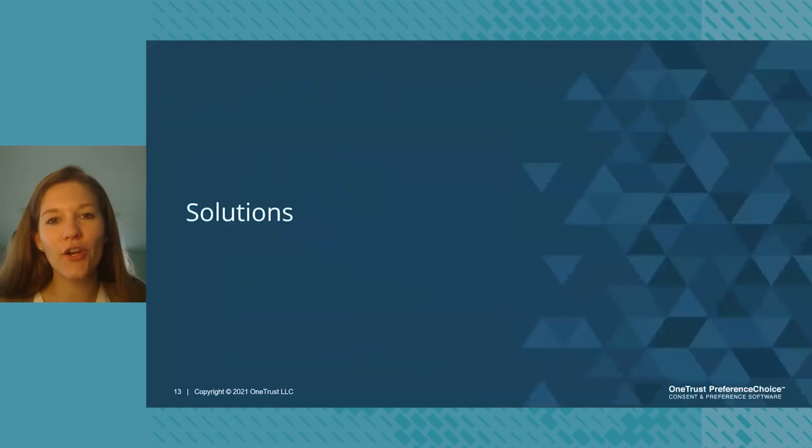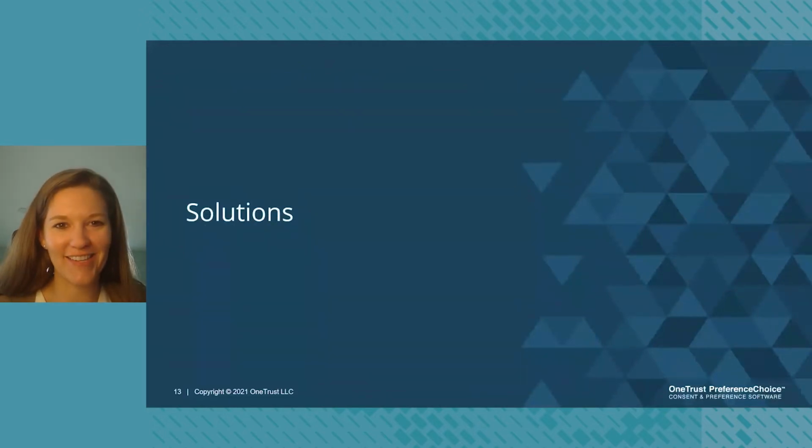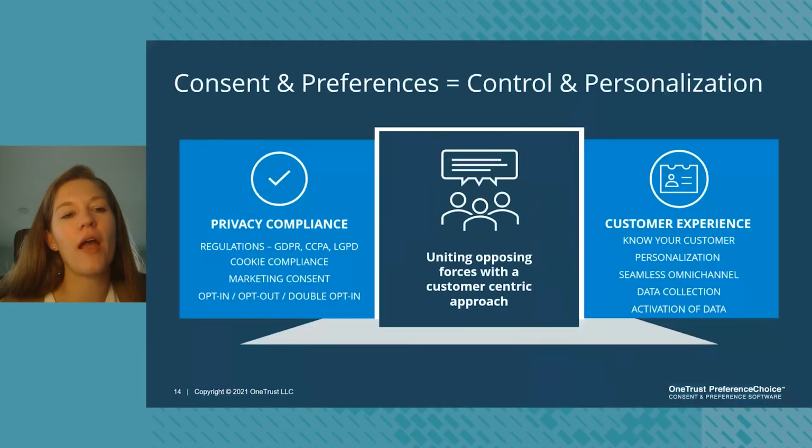So we're going to talk a little bit now about the solutions moving forward from those challenges, the complex landscape, and think about how you can look forward and mobilize your teams to think about solutions for this new landscape. Again, we have the privacy compliance picture, but we also have the opportunity to use this to our advantage and move forward and develop a better customer experience overall.